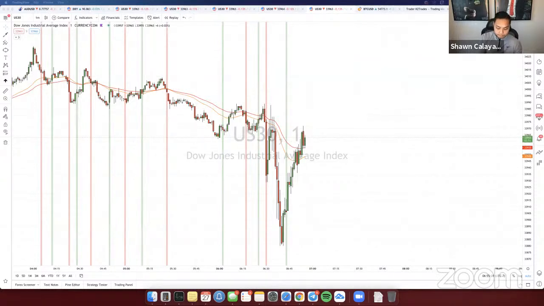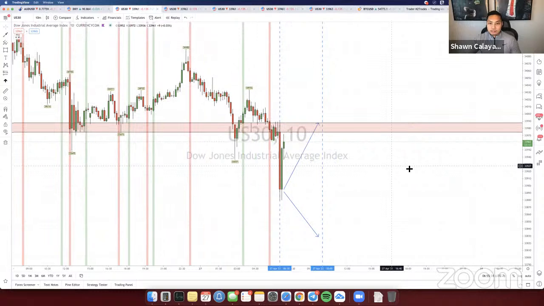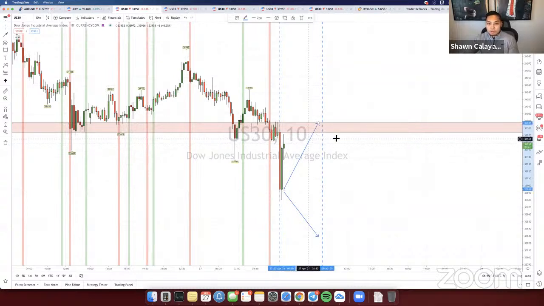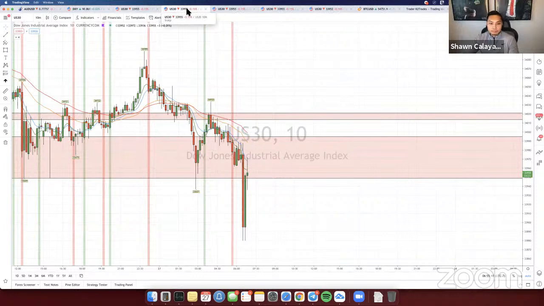All right. So not really much movement with US 30 right now, which is normal. It needs to retrace up a bit before it ends up coming down anyways. So let's go back to the 10-minute here. As you guys can see, this is what I was mentioning, right? Price is either going to come up or it's going to come back down. If price ends up breaking this area over here, then it's probably going to keep swinging back up even further. But if not, it might just come straight back down from here. I'm just hoping that it doesn't consolidate like it did yesterday, because that was a horrible consolidation. It kind of sucked because we were waiting for that trade for so long for it to play out.